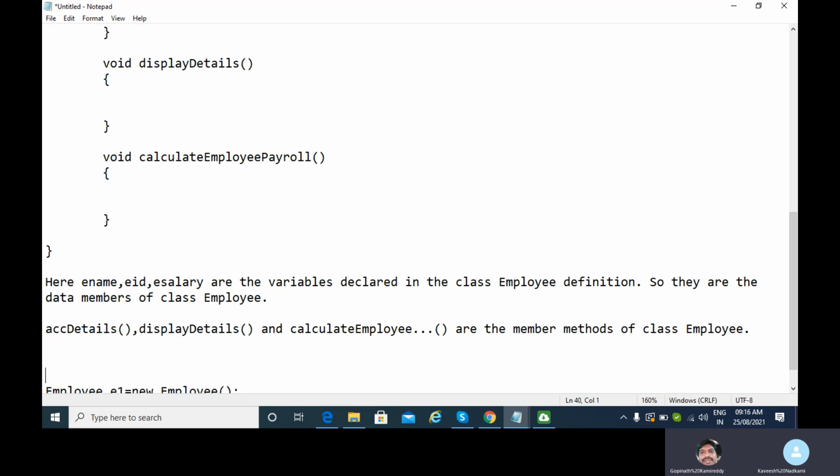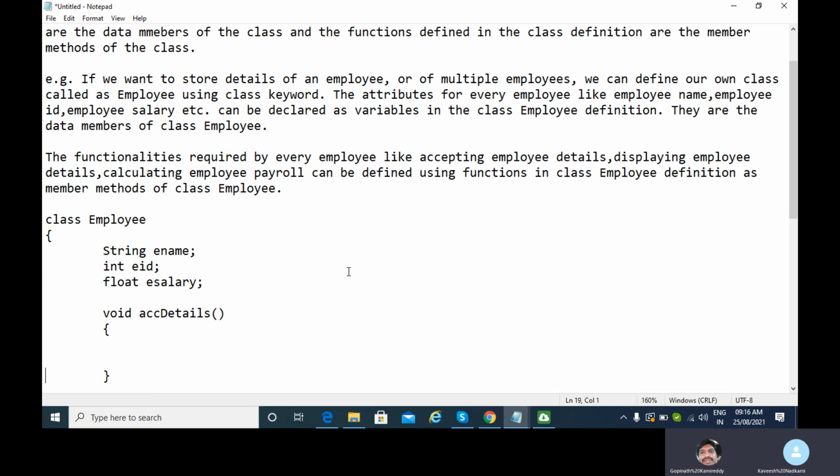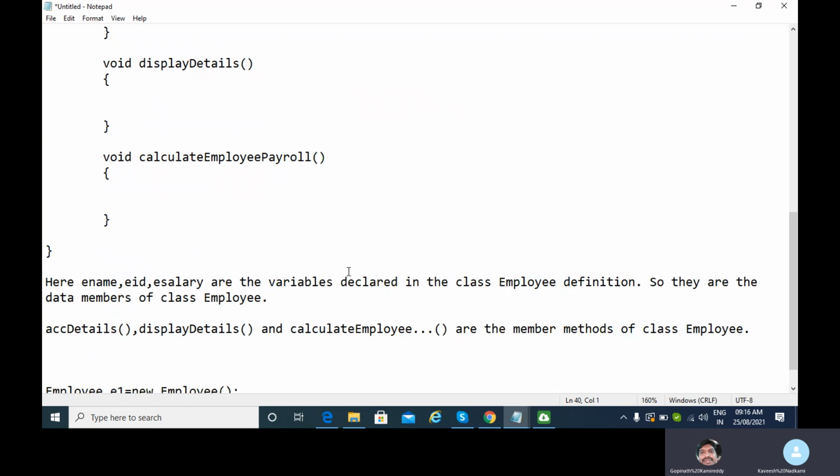All the objects will have the same attributes, which are the data members, and they will also have the same functionalities which we have defined as the member methods of class employee.